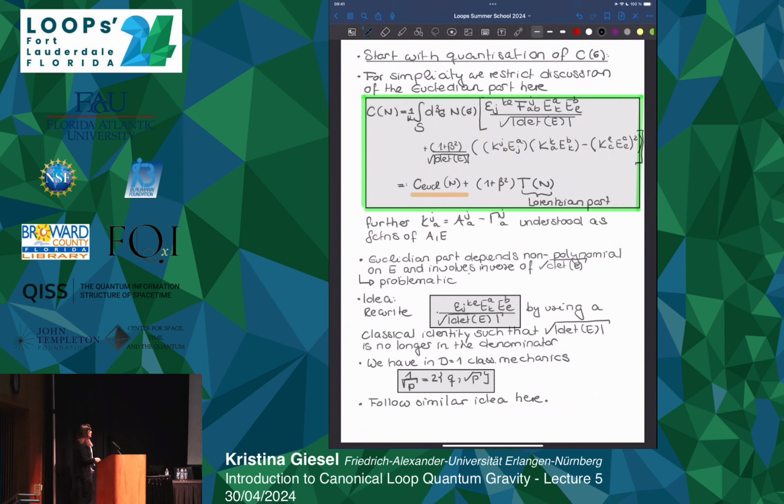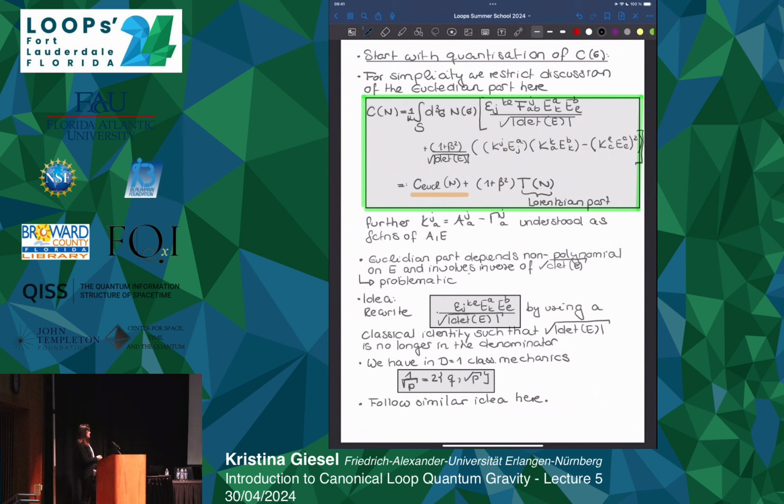Okay, now if we look at this term that we would like to promote to an operator, we realize there is an inverse square root of the determinant of E. This is something which also enters into the volume functional, but in the numerator. Now, if we would have an inverse operator where 0 is in the spectrum, we would run into problems. And therefore, one avoids quantizing this inverse operator, but uses a classical identity which has the advantage that we